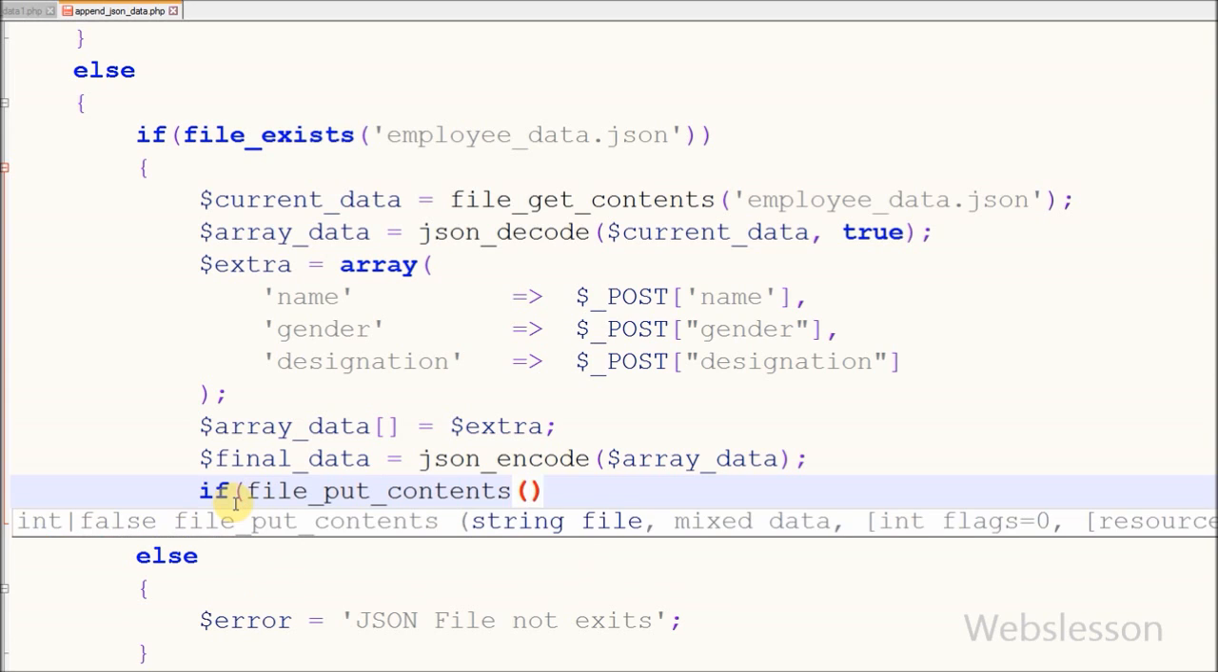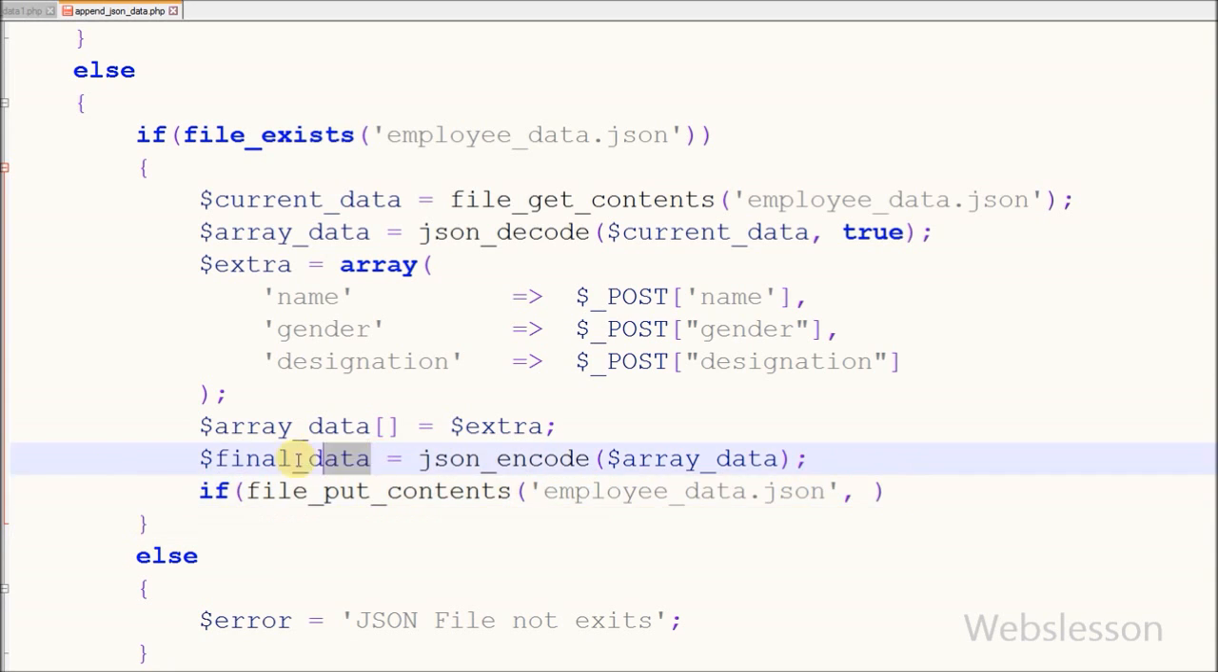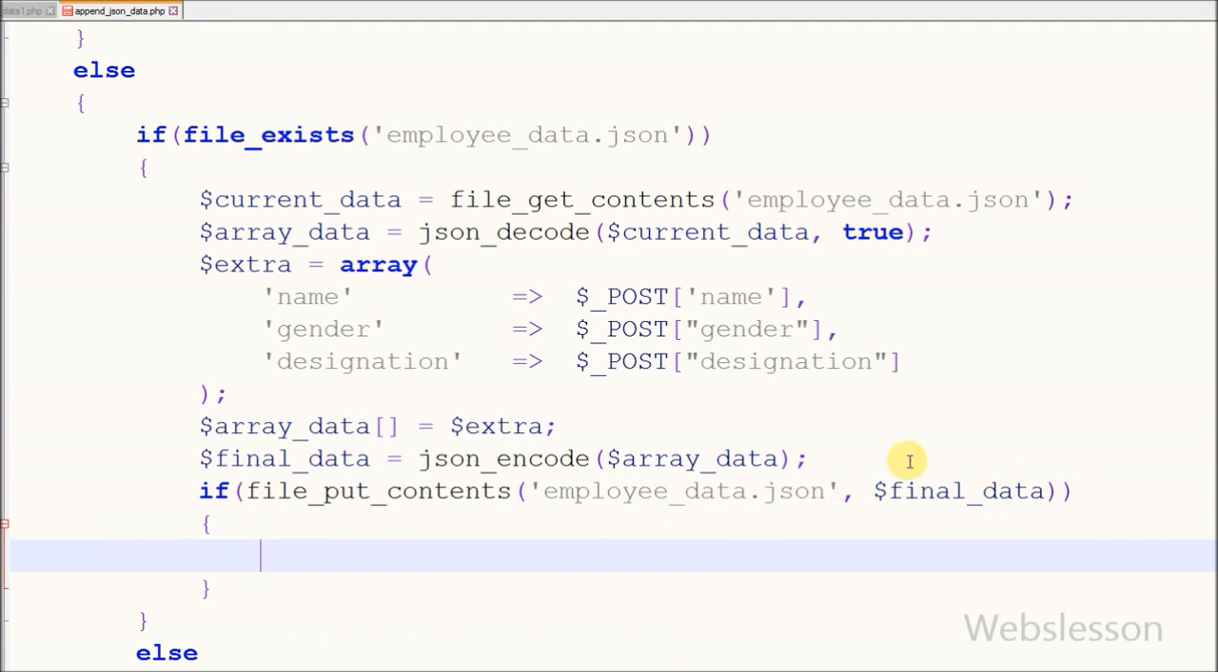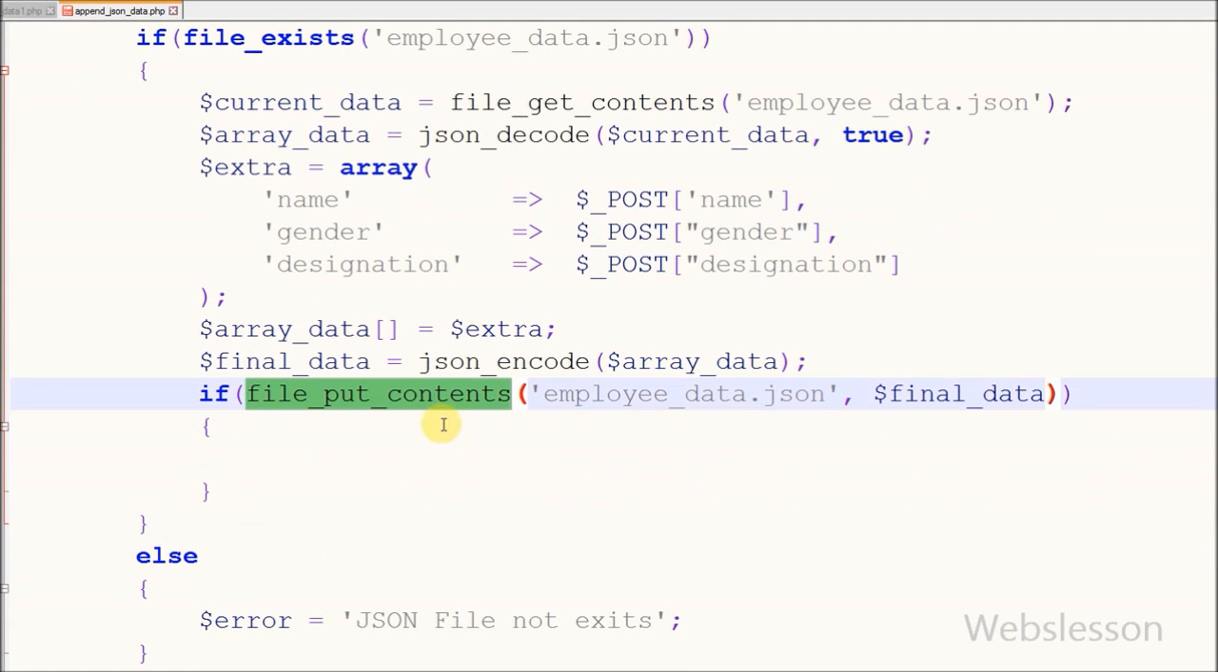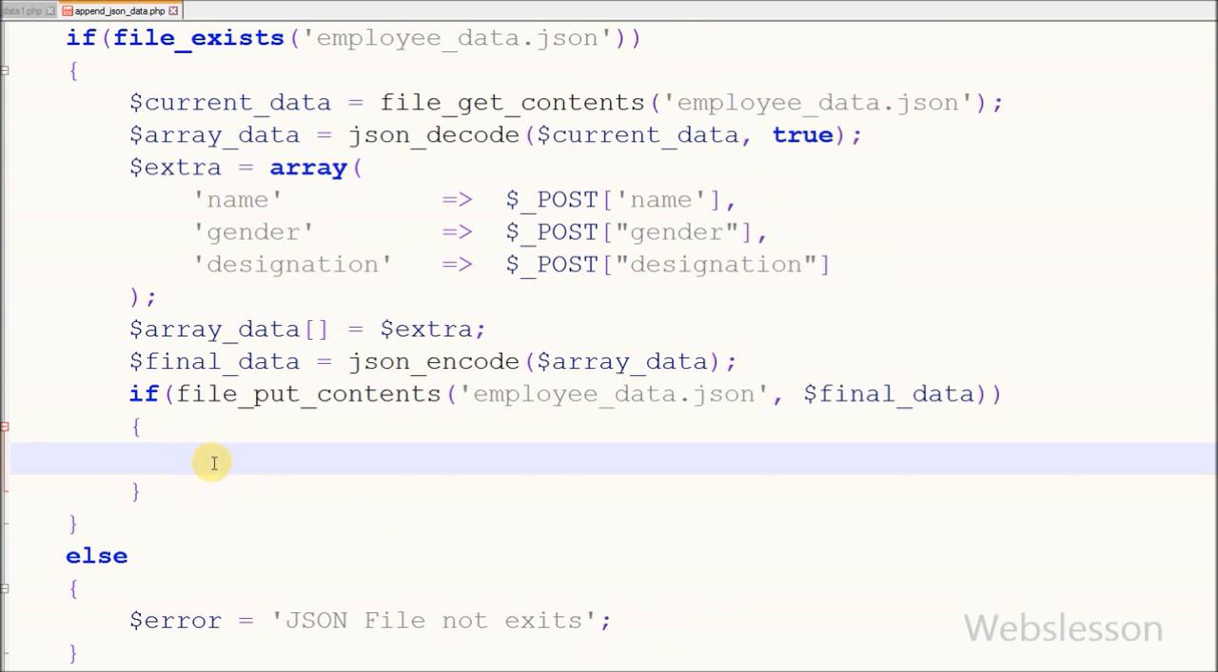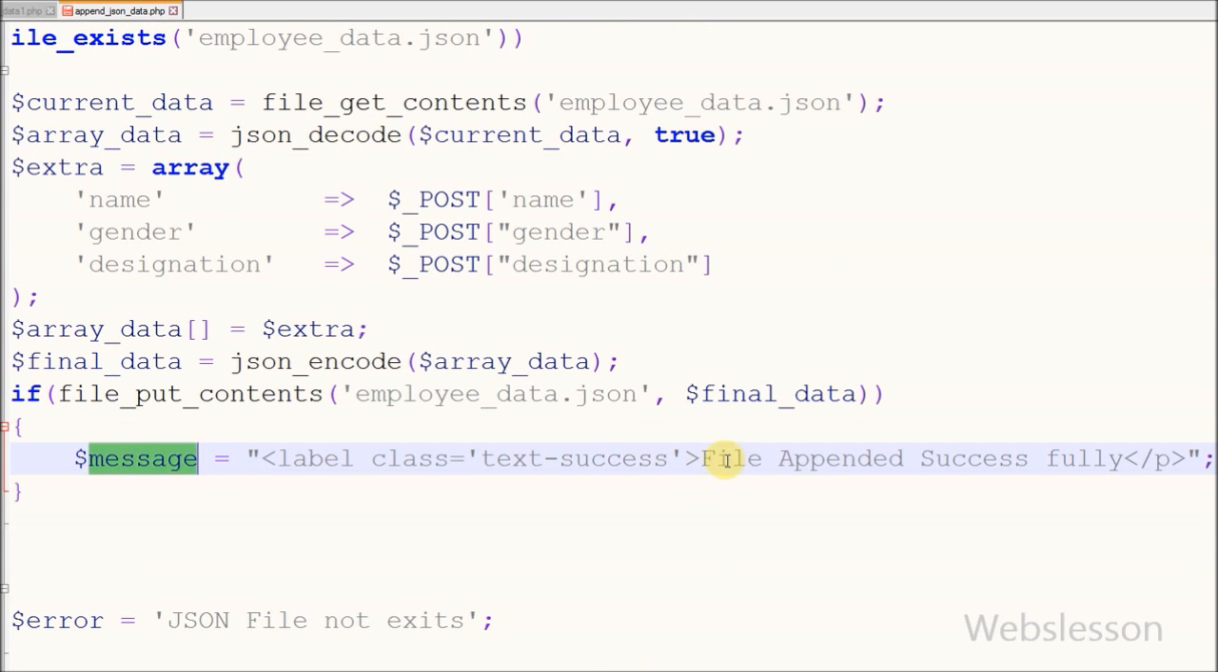Now I want to put this data into the JSON file. For this I have written an if statement with the file put contents function. This function writes a string to a file. There are 2 parameters, one is the file name and second is the data which you want to put into the file. If data is successfully written onto the file, then I have written one success message like file appended successfully and stored it